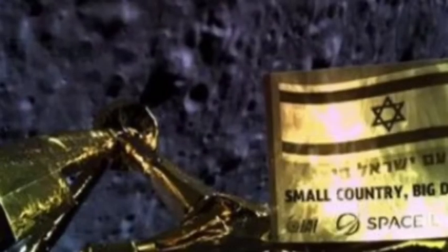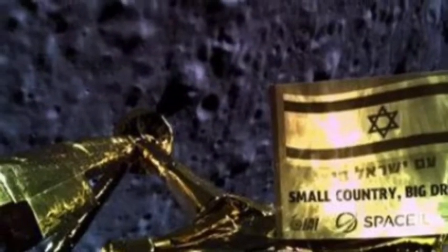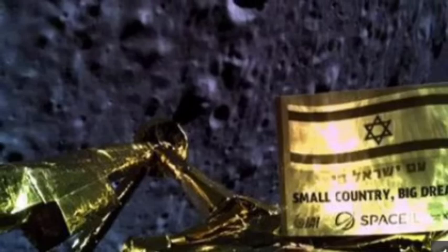Israel moon crash. Here's what caused the mission to go catastrophically wrong. A snowball of small errors resulted in Israel's Bereshit spacecraft crash landing into the surface of the moon. Budget mission to the moon is due to air on the National Geographic Channel on the 23rd of April at